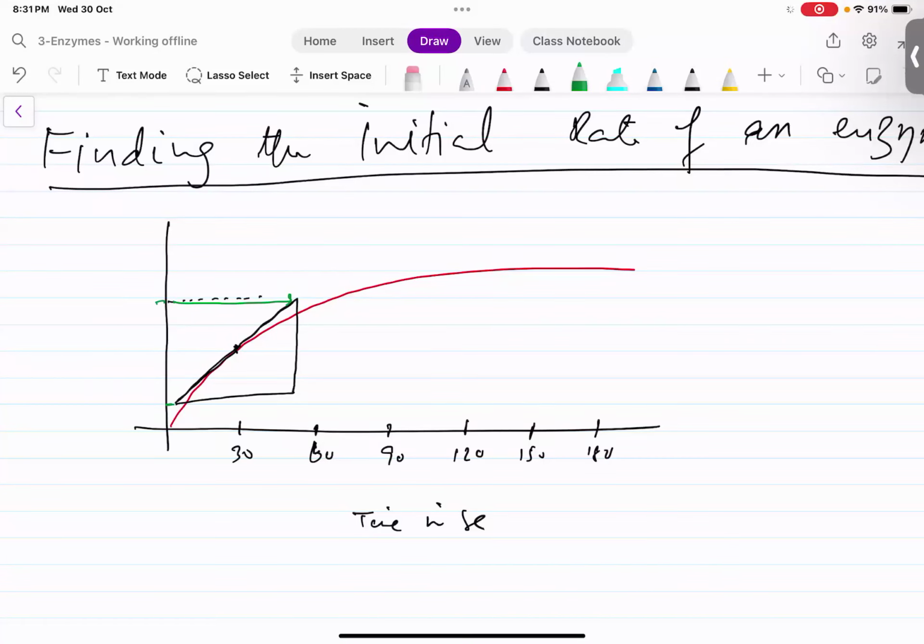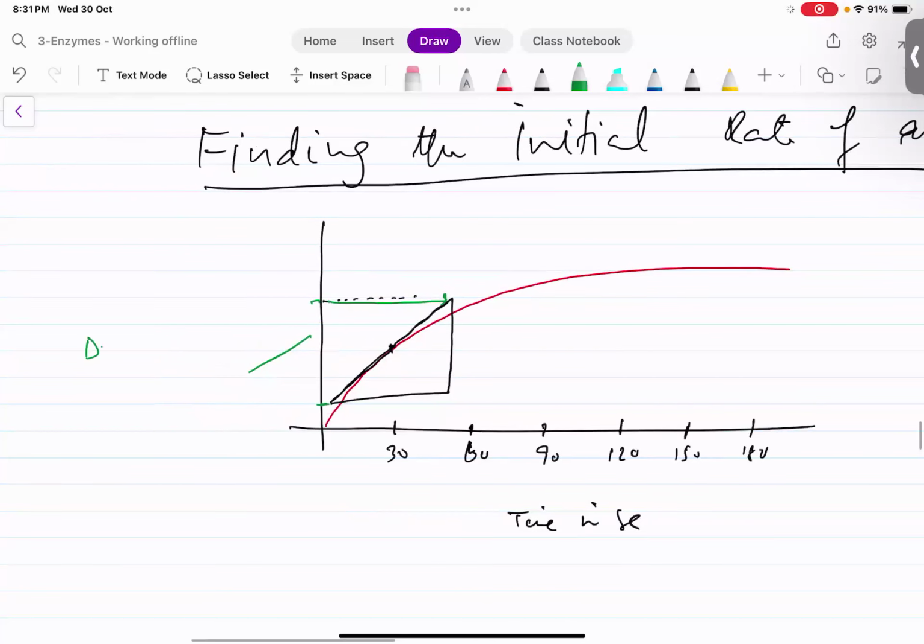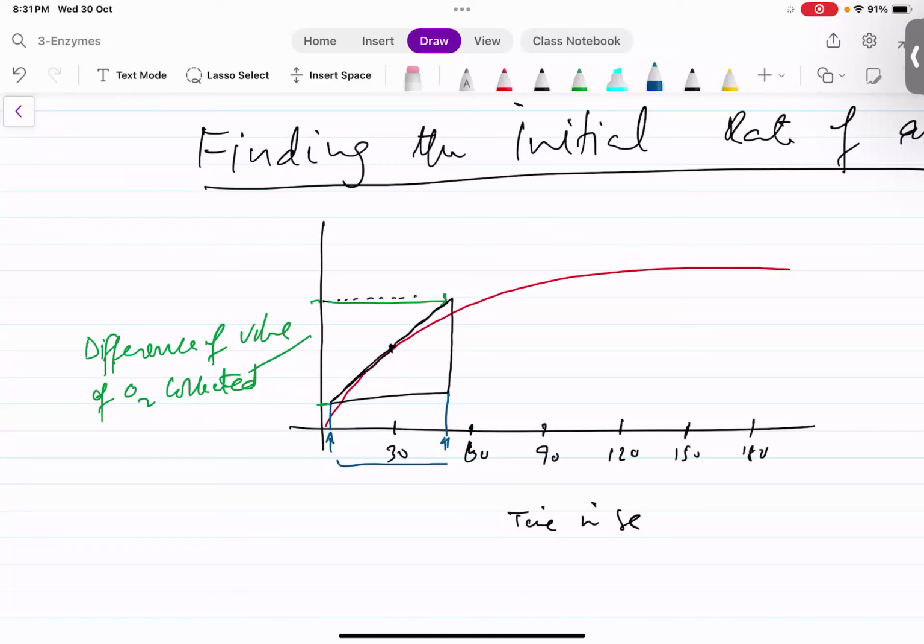So we take a difference of the volume of O2 collected from here, and from here we take the difference in the time,